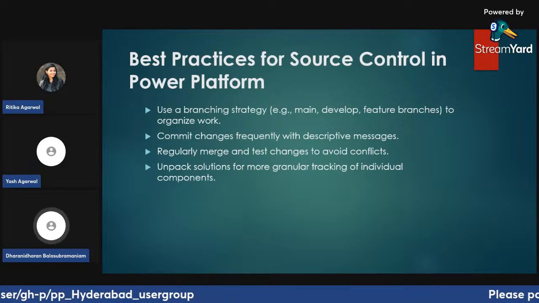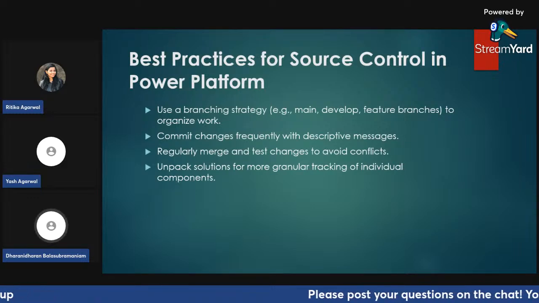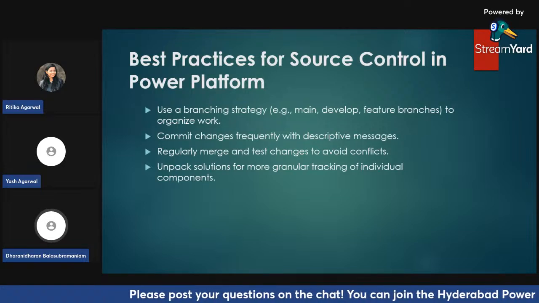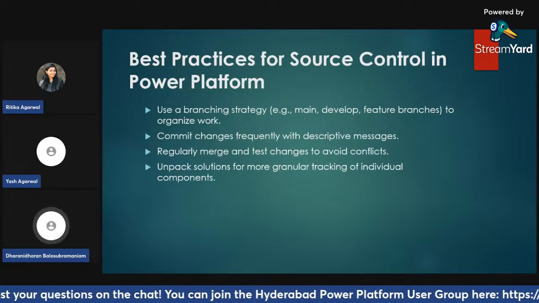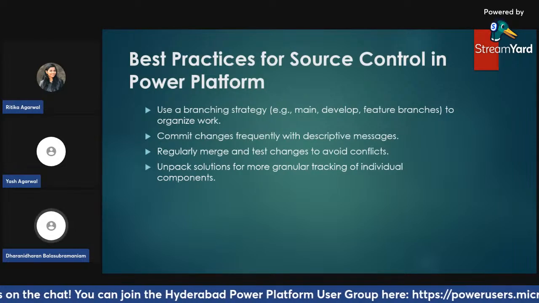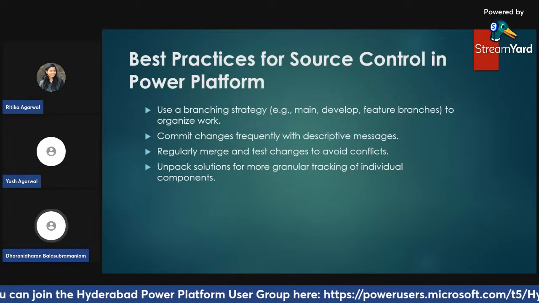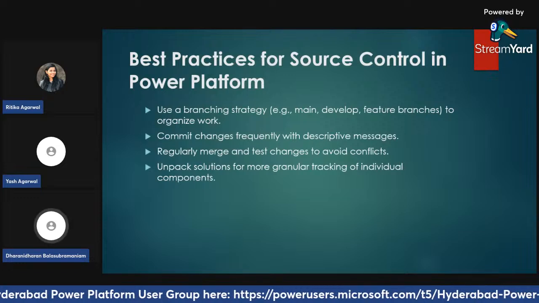So some common use cases for source control include collaborative development, managing the versions for releases, and tracking the changes to roll back if needed. For example, consider if one bug is introduced in a recent update, having a history of changes will allow us to identify the root cause and revert if necessary.